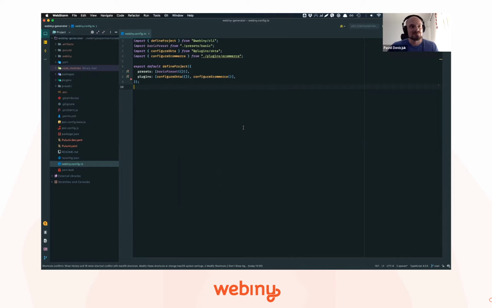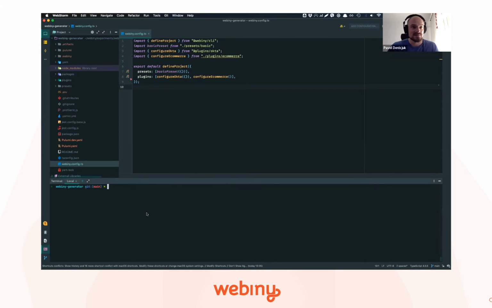Very similar to what Babel config looks like. Very similar to Docusaurus, to Next.js, to Gatsby. You have presets and you have custom plugins, and you can send configurations to those presets and plugins. And the rest is magic. The rest, let me show you what it looks like